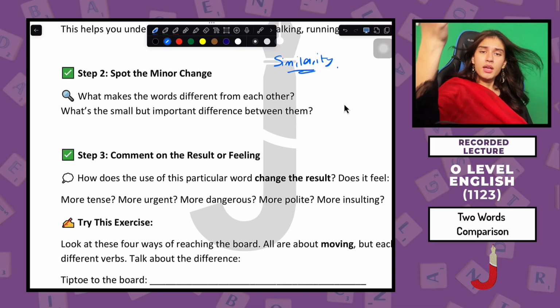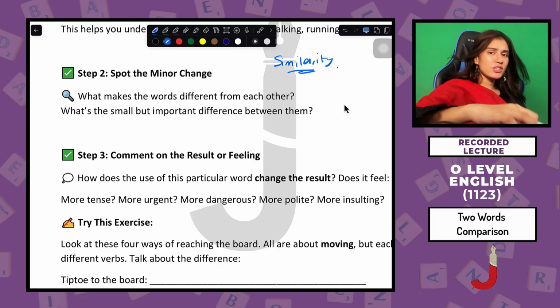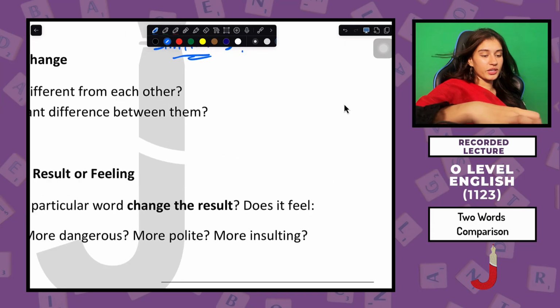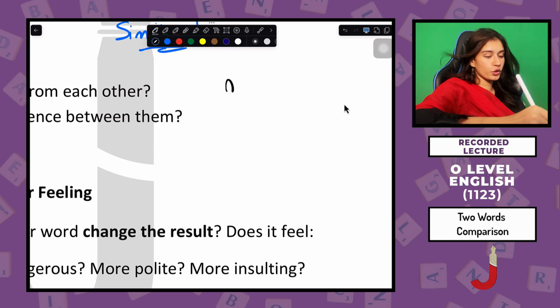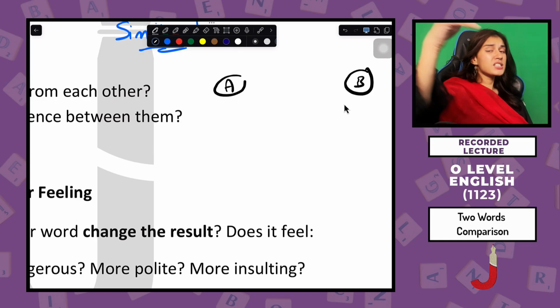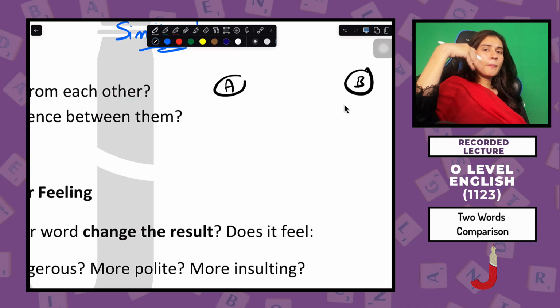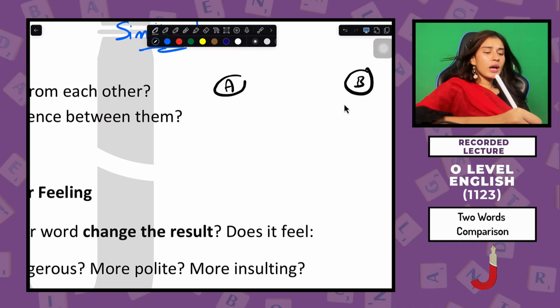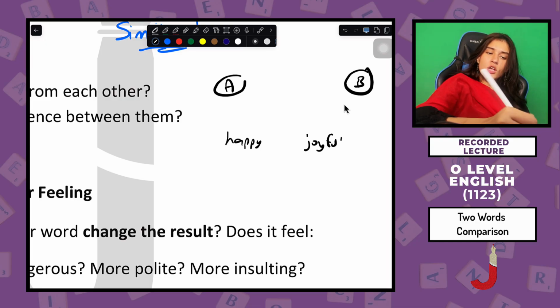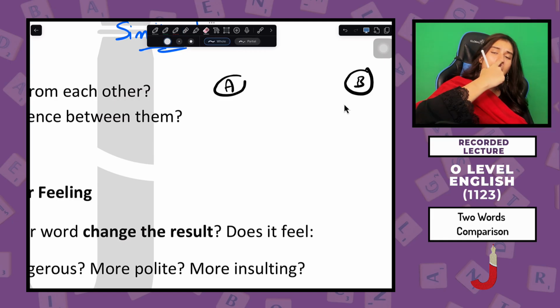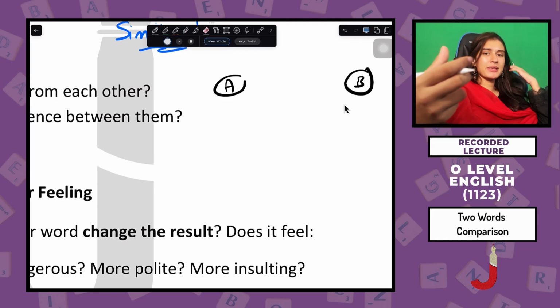Yeah, there is. But once again, once we're comparing them, like if your parents are comparing you to your cousin, they must be comparing you because there is some difference as well. When you compare two things, you can't really compare the words, let's say, happy or joyful, right? Because they mean the same thing. So if you're comparing two words, they must have some difference between them as well.